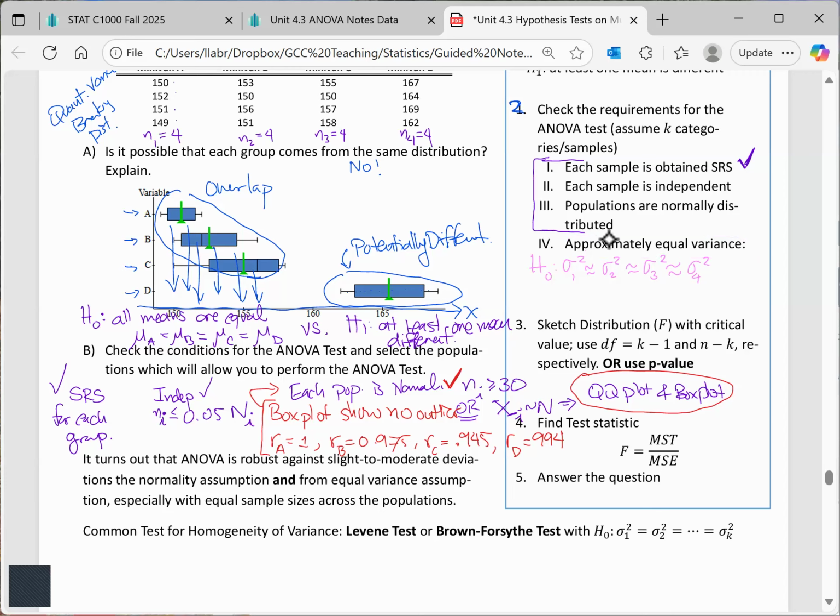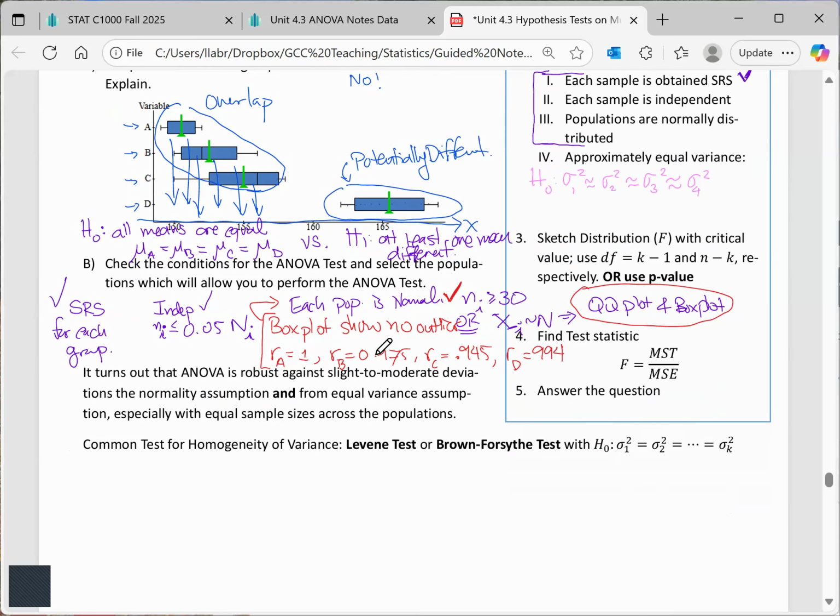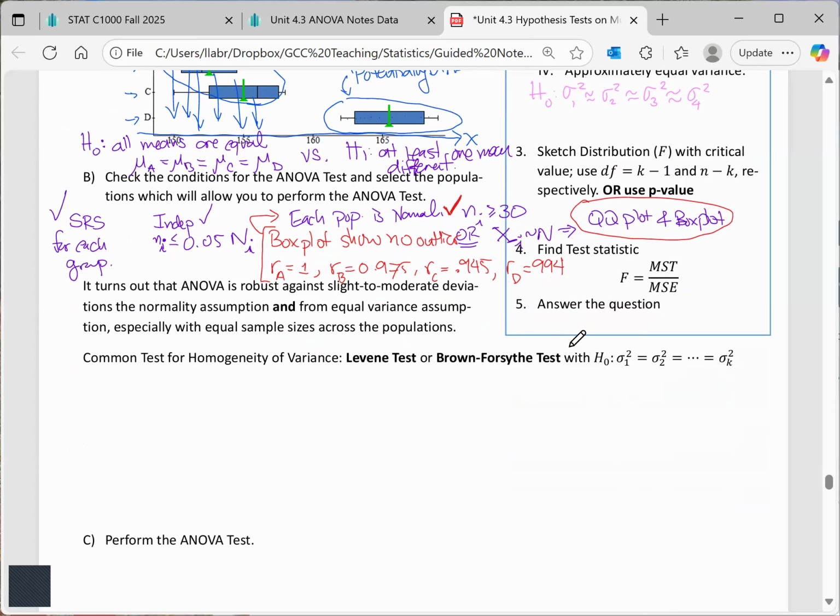So is this true? And there's 2 ways to do this. Let me just go ahead and show you how we can meet this requirement. So this is called the equal variance assumption. ANOVA still works if this assumption isn't really held, but I want you guys to just test this using what's called the Levine test or the Brown-Forsyth test. Okay, so this is to check requirement 4. So notice there's requirement 1, requirement 2, and requirement 3. And so for requirement 4,